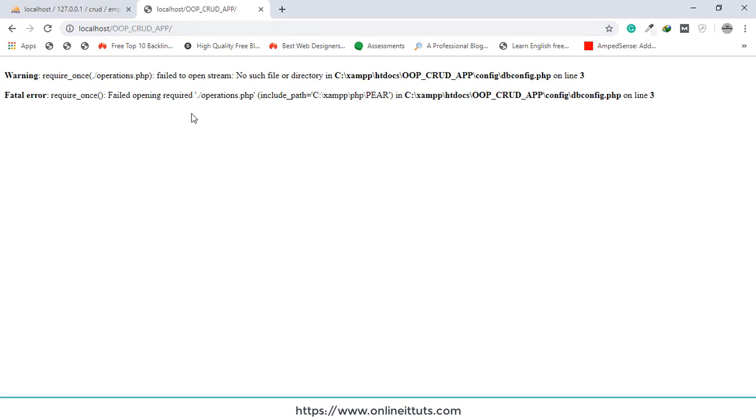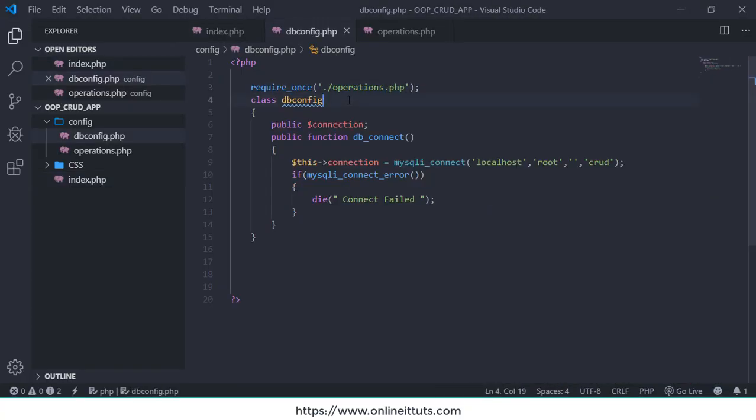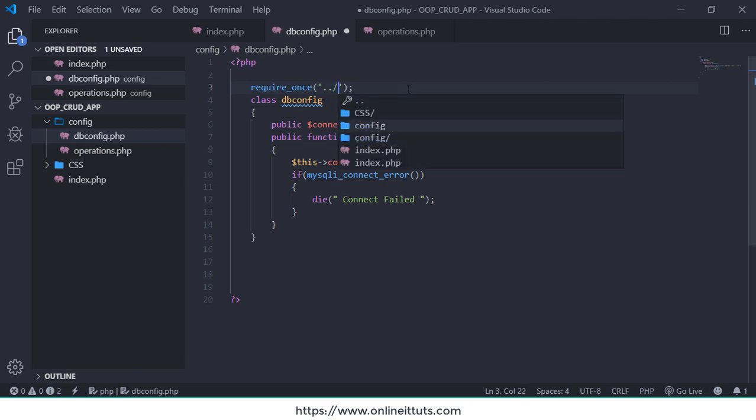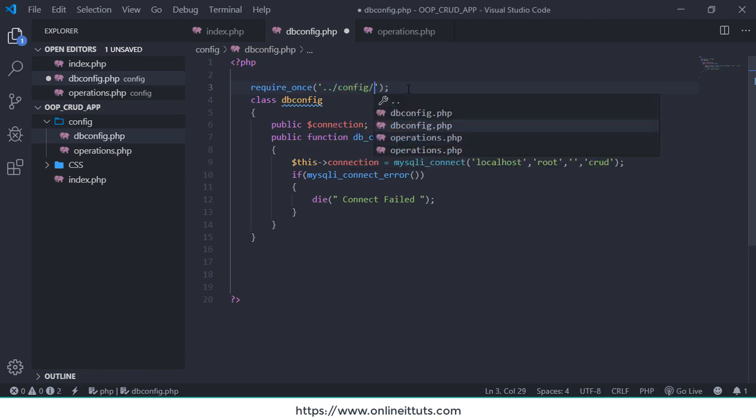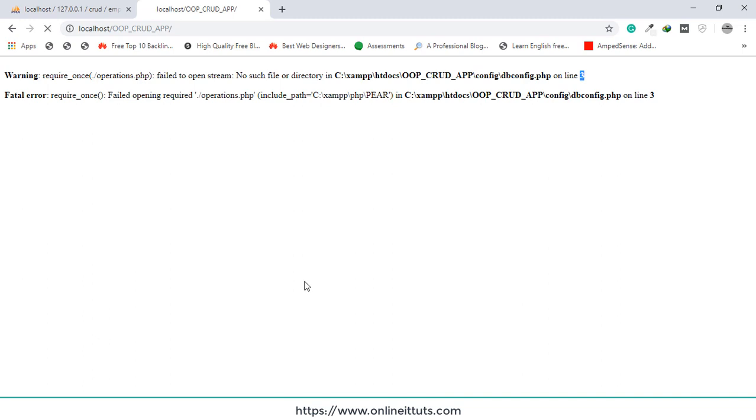Okay, here is some problem. The first problem is I have an error in the db.config file, line number 3, this one. So I'm going to use another way, dot, this way, db.config, right? Sorry, operations.php, right? This one. So first I'm going to check that